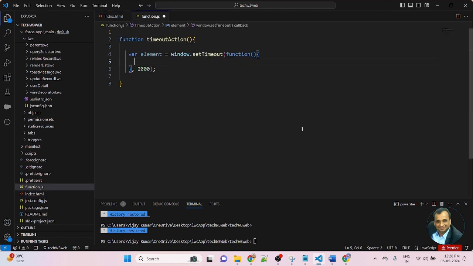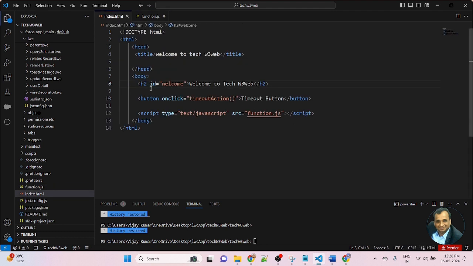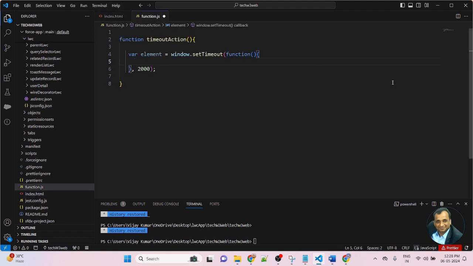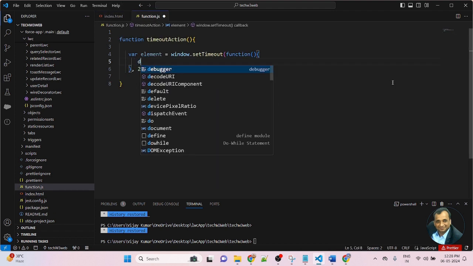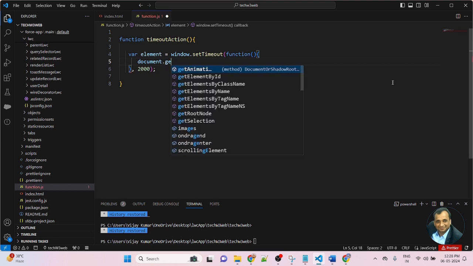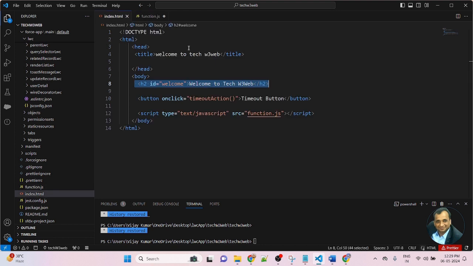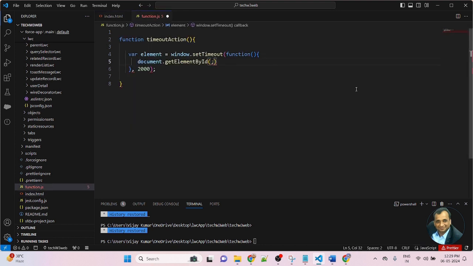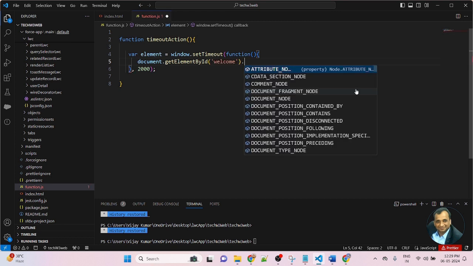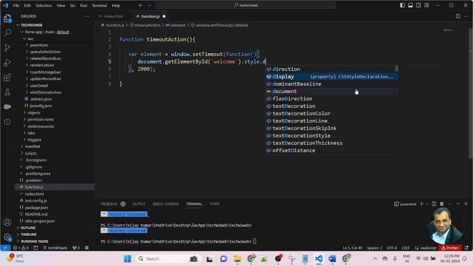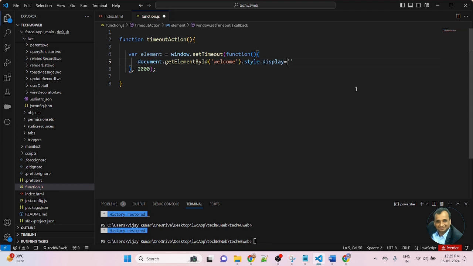I am using document.getElementById so that we can hide the h2 container. So I am using document.getElementById and passing the ID, which is welcome. Then .style.display equal to none. After 2000 milliseconds, this title will be hidden.